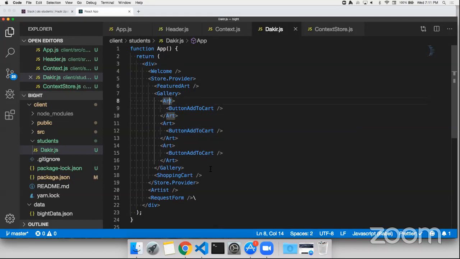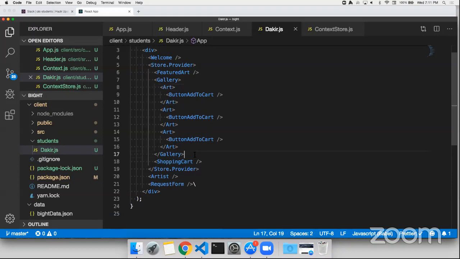Okay. And then somewhere along the line, also inside the cart, you have your checkout. So this would be like a valid way to handle the state within your application. You put the store around only the parts that need it. In fact, what we'll do is, this should be okay. Your store holds all the data, whether you're adding to the cart, deleting from the cart, or changing quantities, or whatever it happens to be, right? You probably don't need to worry about it for the welcome page, unless you want to